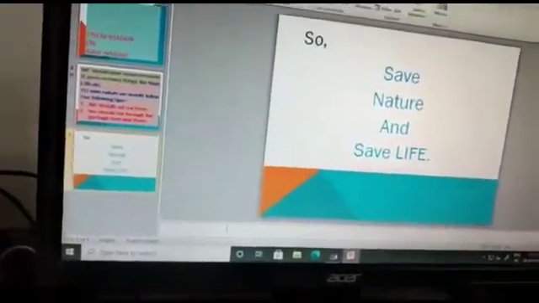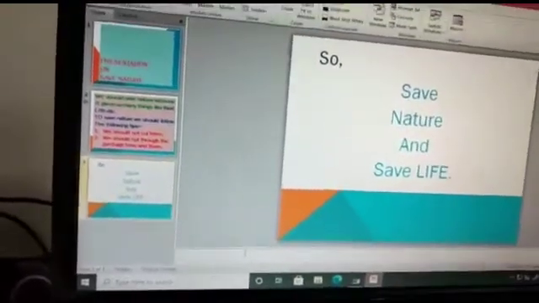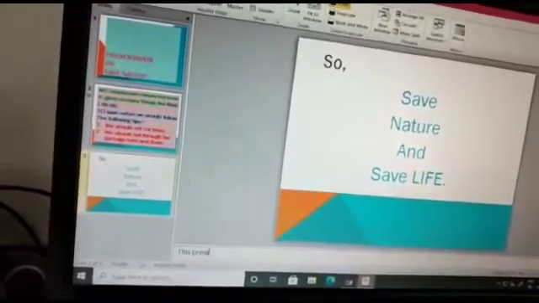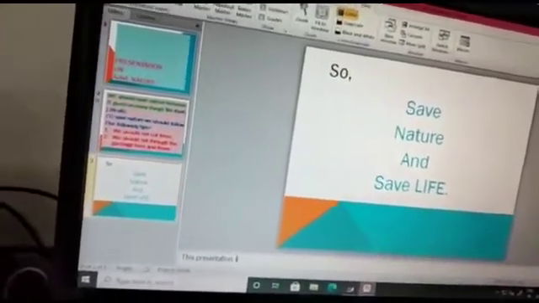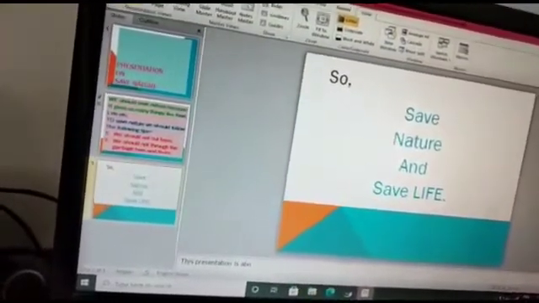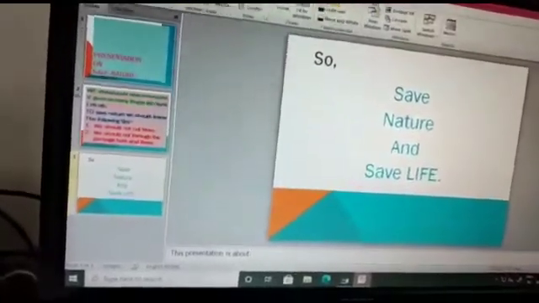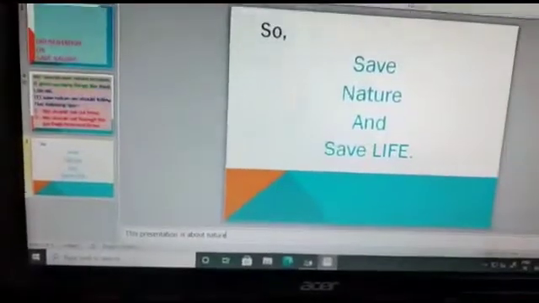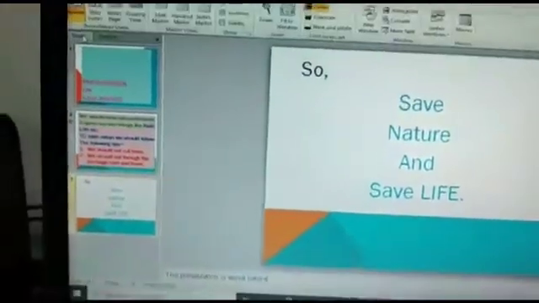How can you add the notes? For example, you click here and write that this presentation is about nature. So in this way, you can add notes to your slide.